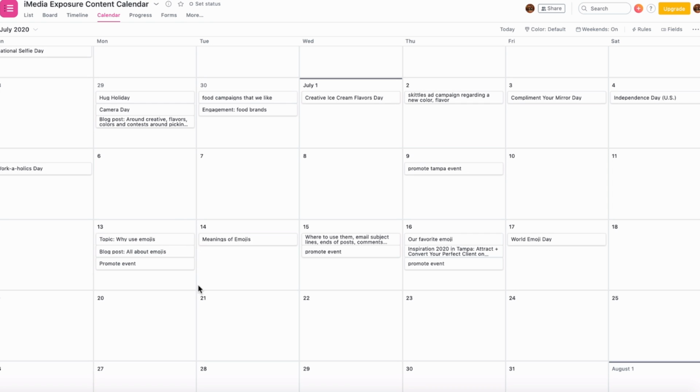Even though we're talking about emojis, we can add the events in. We can do some things on our story. We can do some things on our feed. We can mix it all in. We're not going to repeat any content, but we're going to mix it in. So you want to take into account the topics that you're talking about for the week as well as the events that you're promoting.